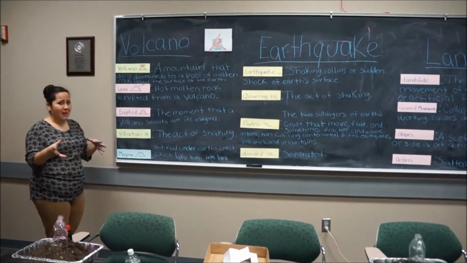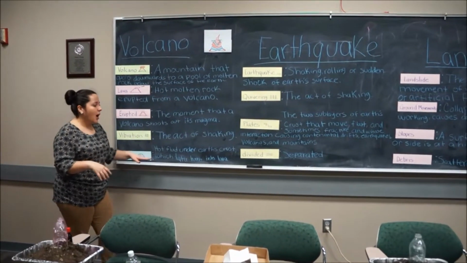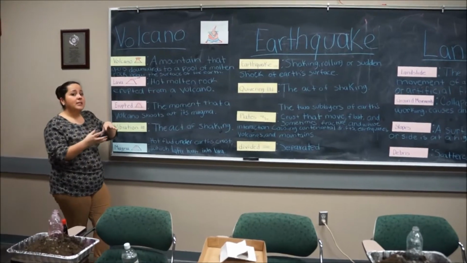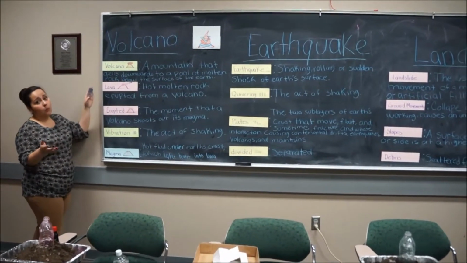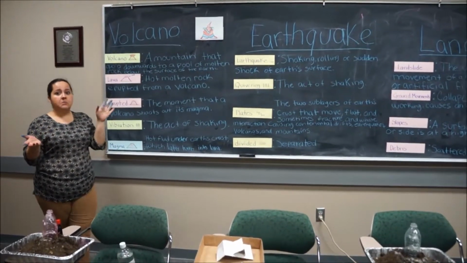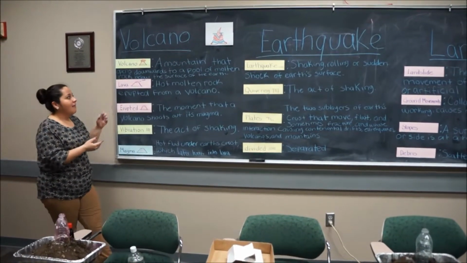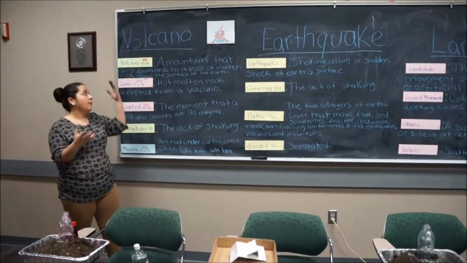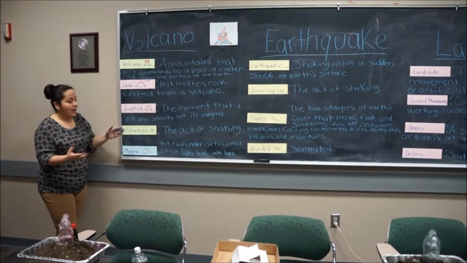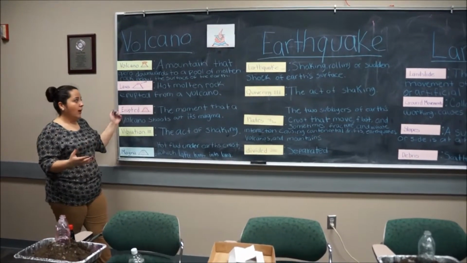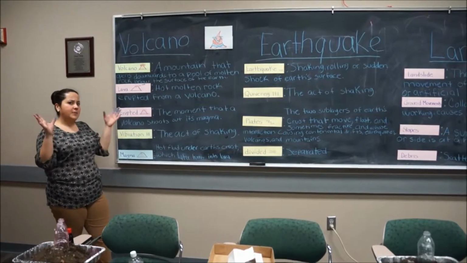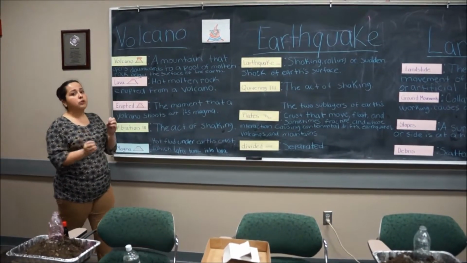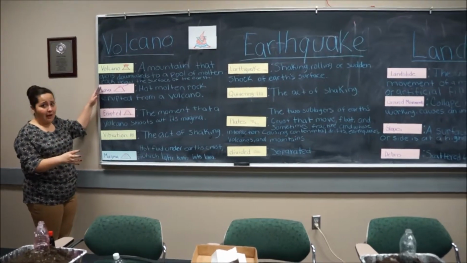Now you might think, what is magma, right? Well, magma is a hot fluid that is under the Earth's crust, which actually turns itself into lava. Now, who knows what lava is? Nobody knows? Okay. Well, lava is a hot molten rock that eventually erupts from a volcano when vibrations occur. Now, eruption. Does anybody know what erupted means? Eruption is actually the moment that a volcano shoots out the actual lava.